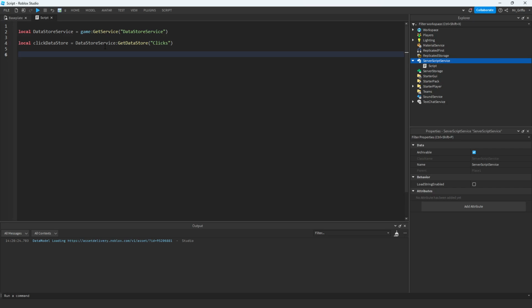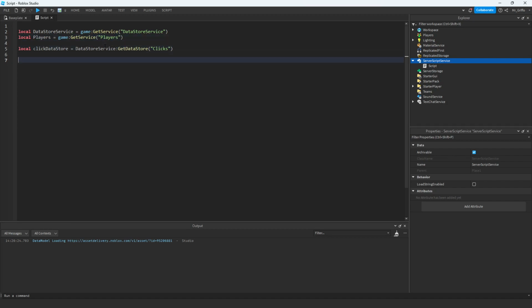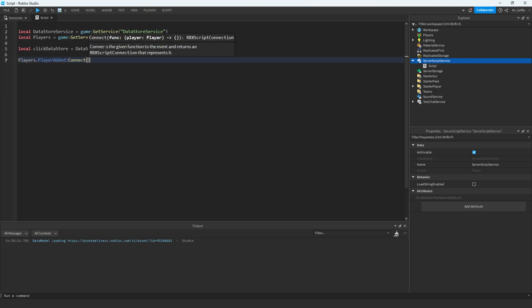Okay, and then you're going to go on the player added. Well, you see, you got game.players.player added. Again, the normal way of doing that is actually to create the players, to call the player service properly. So we're going to say players like so, and equal game get service players. Now you got players as an actual service. You can just call it like you've done there, but it's generally considered best practice to call it as a service as you do, like all other services. So now we can just say players dot player added, and then we connect into that as you've done there,